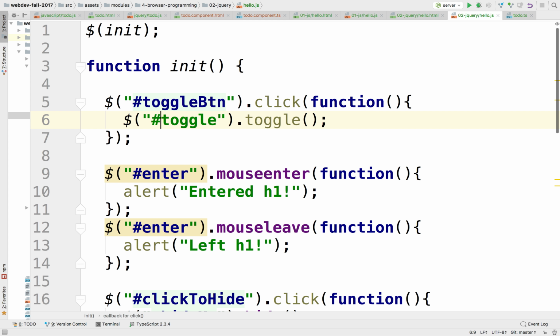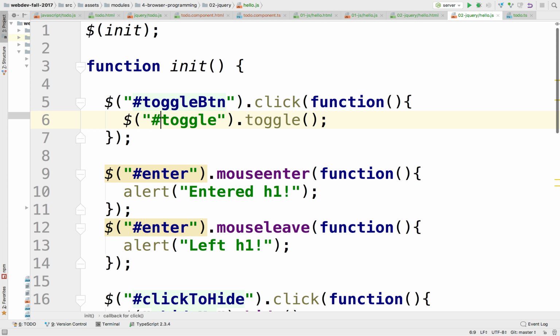Okay, so let's refresh. Oh, I entered. Okay. So I click on it and it toggled. And then I toggle again and it shows it again, right? I think I'm going to comment this out. These enter handlers are kind of annoying. Let's see, mouse enter, mouse leave. We did that already. Mouse up or down: you can detect when the mouse gets clicked or goes down. I'm going to skip over that.